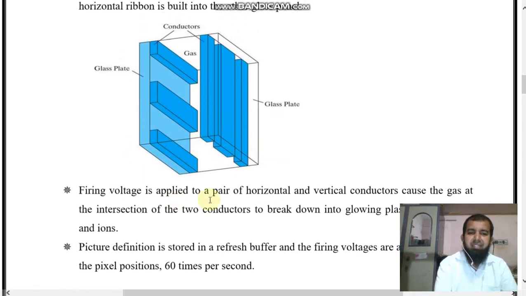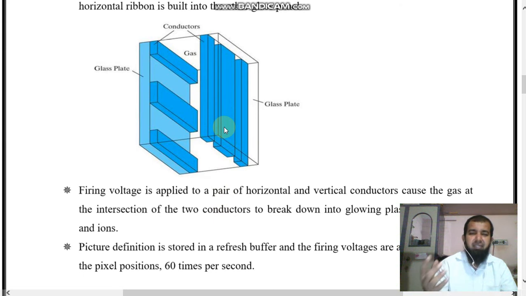Firing voltage is applied to a pair of horizontal and vertical conductors, which causes the gas at the intersection of the two conductors to break down into a glowing plasma of electrons and ions.